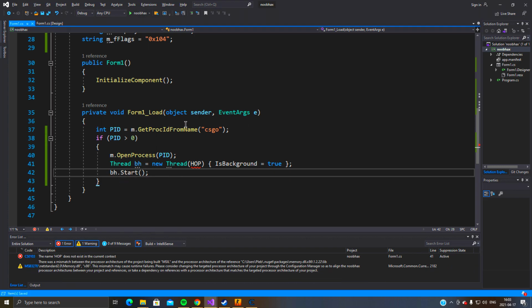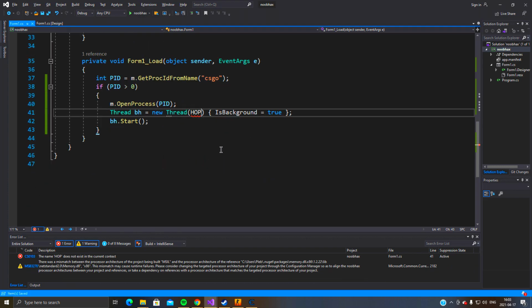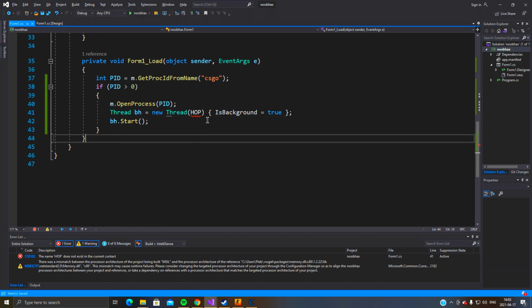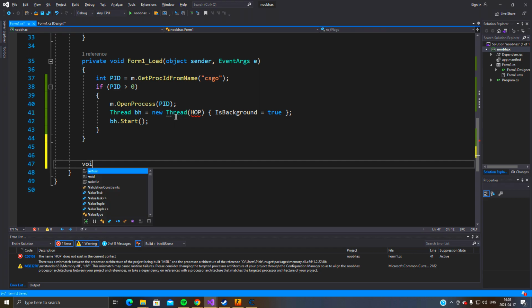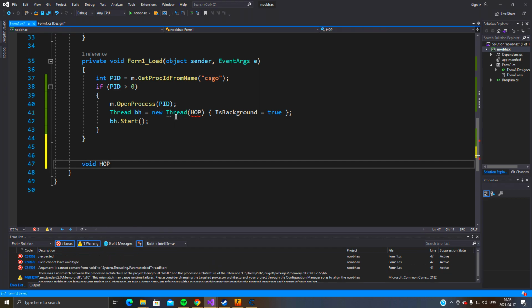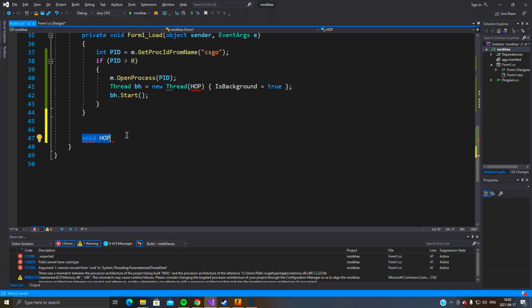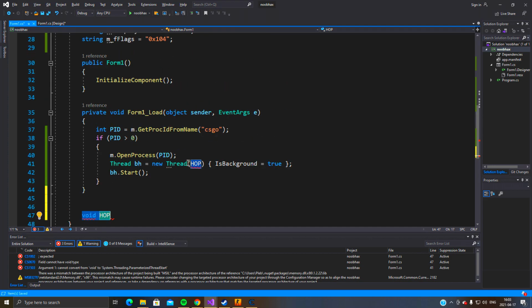Page.start. Don't worry about this error, it doesn't really matter because we'll write the function here. So write void hop. This is the function this new thread will run when it starts. So void hop,